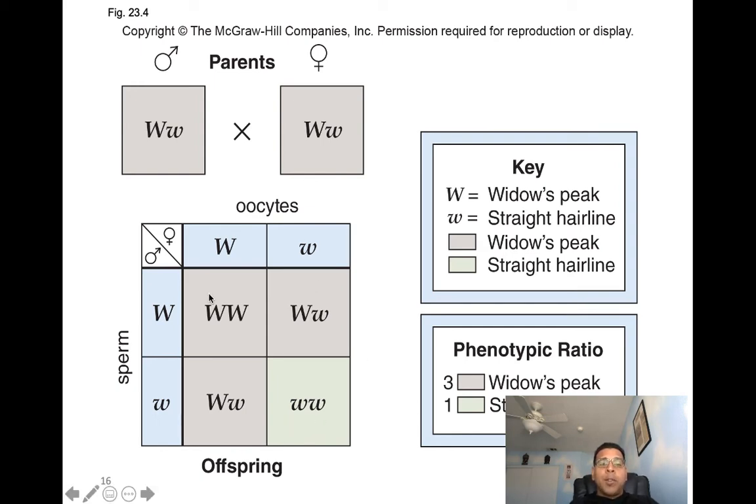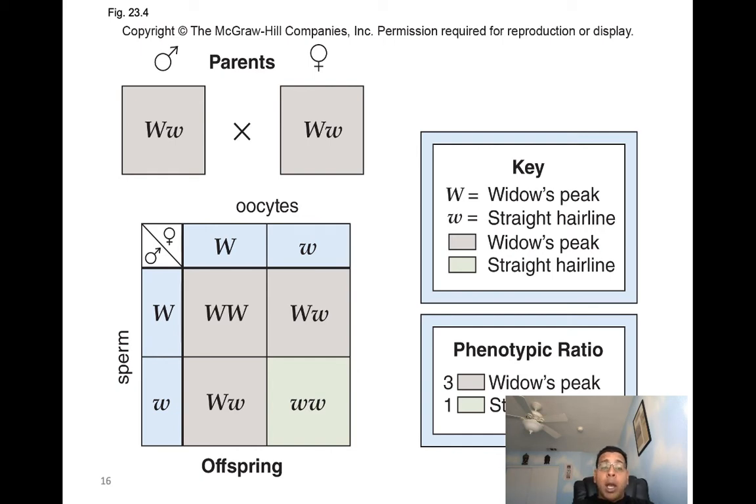So now, since we've determined the genotypes, we can start looking at the phenotypes. We know this genotype, capital W, this individual's phenotype is going to be a widow's peak. Capital W here as well, widow's peak. Capital W, widow's peak. No capital W, no widow's peak. So one straight hairline we have. So again, after determining the genotypes and the phenotypes, we can determine what we call the genotypic and phenotypic